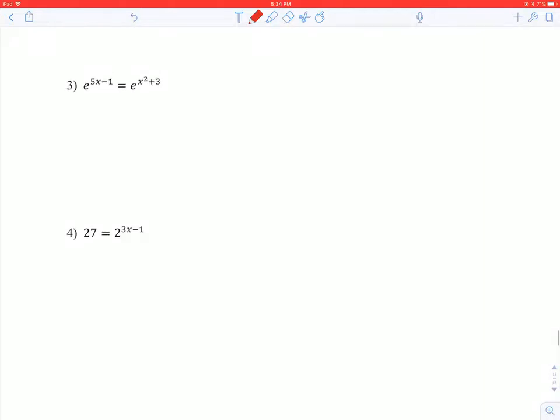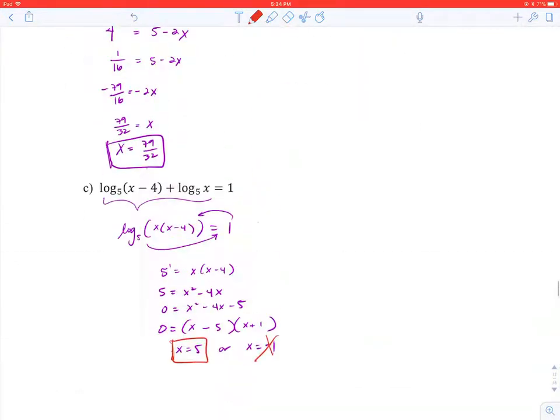Okay, so your guys' homework is 1 through 14, and then there is a homework